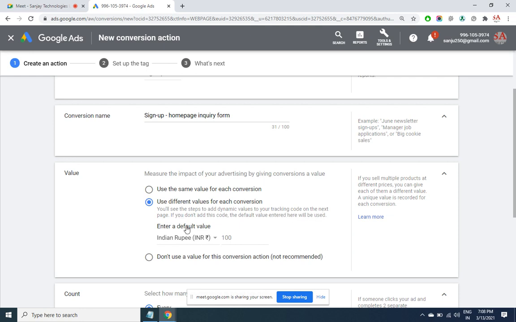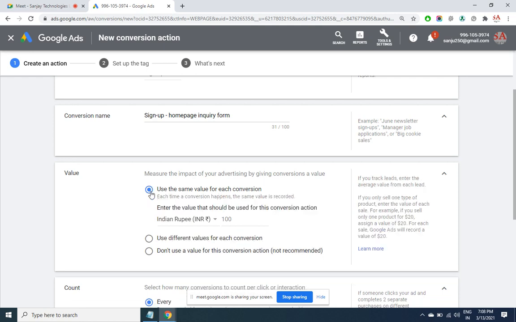So there will be a tracking code. In the last step you will get an HTML code, like a meta tag, some lines of HTML code. There you will have to write for one conversion there is a value, two conversions there is a value, three conversions there is a value. The text part you need to edit. But if you have the same value, then directly you can copy paste that code and place it into the head section.